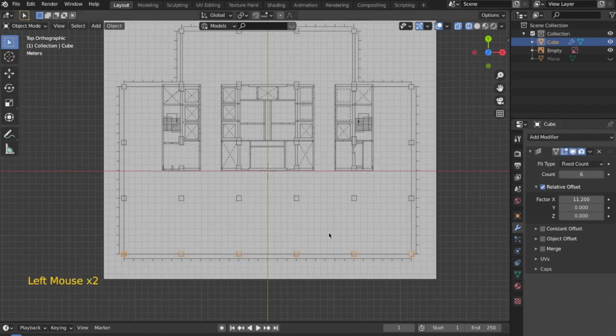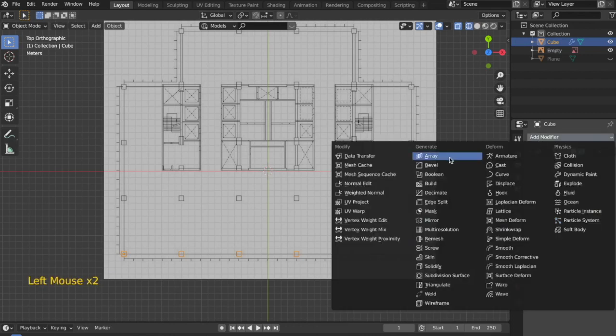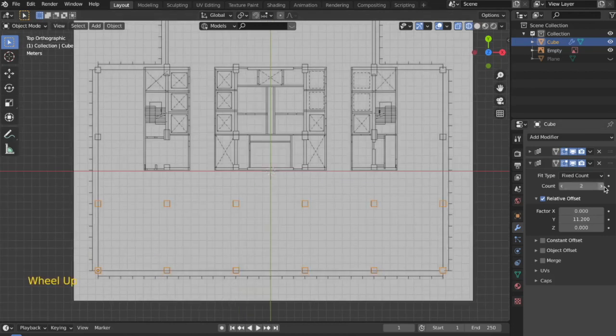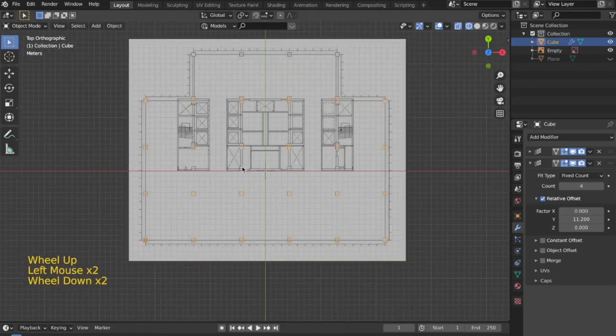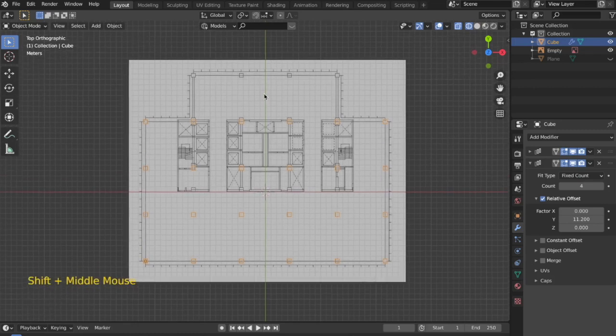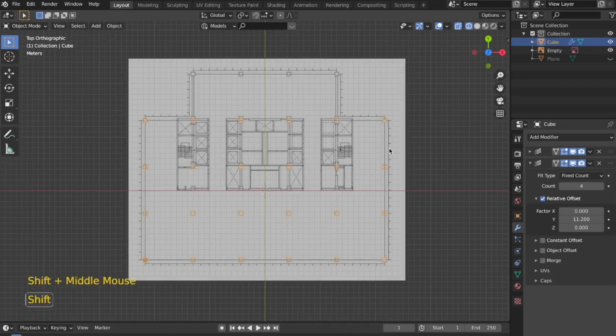Now to array this whole thing, I'm going to use another array modifier which will work along the y-axis, and the x-axis will be at 0. Now you can see that the columns are being arrayed along the y-axis, or being repeated, to say it in simpler words. Now again I'll do it 3 and 4 times because this column is placed 4 times along the y-axis. We are not going to worry about this part of the building, and I'll let you know why we are not focusing on that.